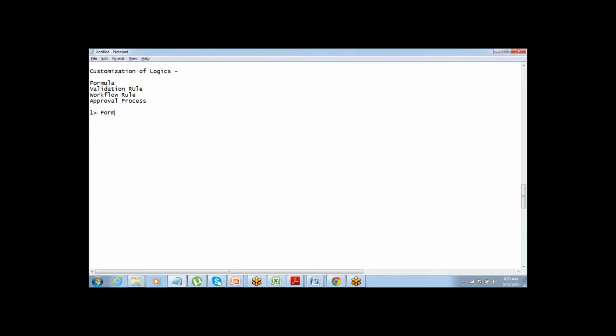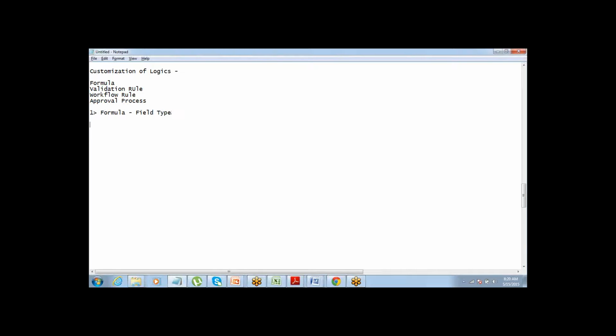A formula is a field type. While you create the field, you must have seen that there is a field type called formula. You can assign this field type to any of the fields in your object, and you can put your custom logic inside that field. Any calculations, any if else statements can be done, but ultimately it gives you an output as a field. So it will return the result as a field. You just have to put it in a field and use this.